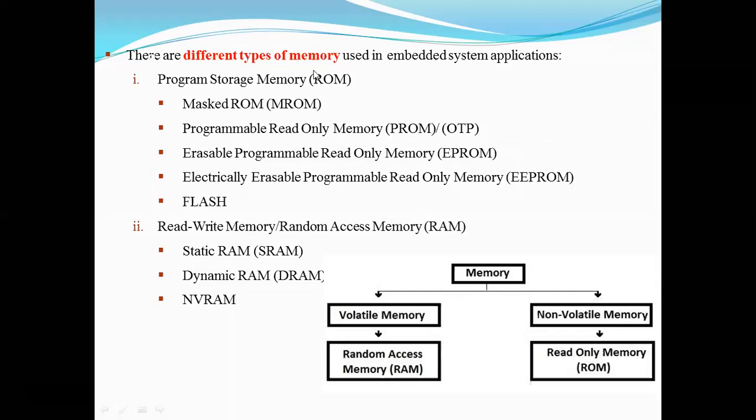So there will be one question on this: what are the different types of memories that are used in an embedded system? Either the question can be asked with respect to the ROM, or with respect to the RAM. You should know all these types, right? So again in the RAM, this is random access memory, where the temporary data is stored. Always we say that the RAM is next to the CPU itself, right? So in the RAM, you have different types: static RAM, that is SRAM, dynamic RAM, DRAM, and NVRAM, right? So these are the types of the memory. We will discuss one by one.